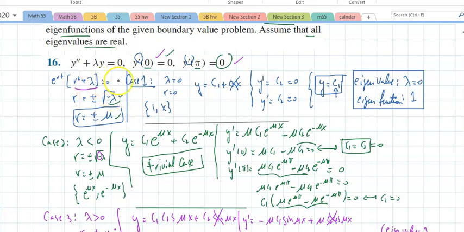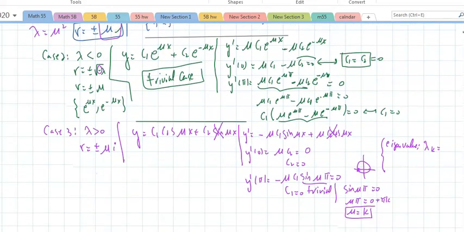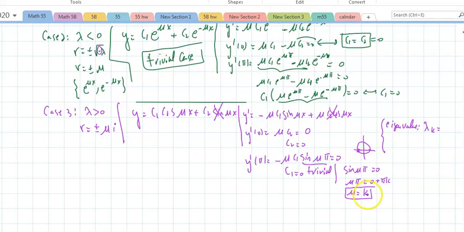Remember here, we set this equal to this. Doesn't that mean if you square both sides, you get lambda equal mu squared? So in this case, lambda is going to equal mu squared, which is k squared, and the eigenfunction is going to be y sub k equaling,